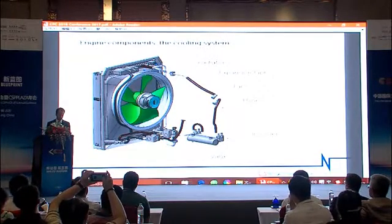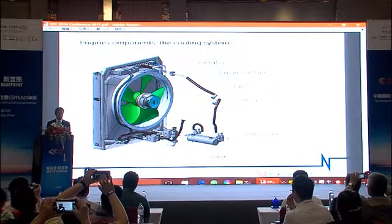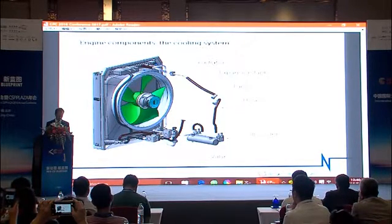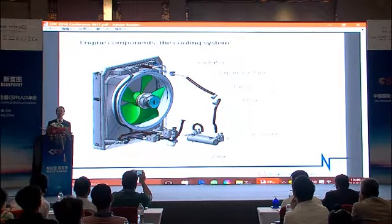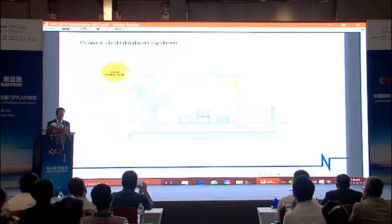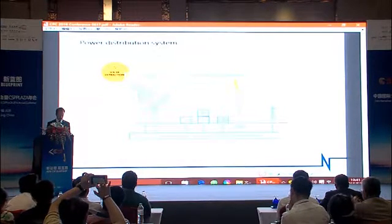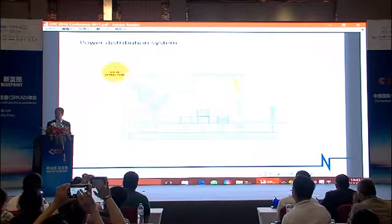那么这个是我们440发动机的冷却系统，我们也打算在中国采购。Radiator, expansion tank, fan, hoses, and oil cooler and valves. 包括它的散热器、膨胀罐、风扇，以及连接管等等。And finally, the actual power distribution system. 最后还包括整个配电系统，包括电缆、变压器、逆变器，都会在中国采购。